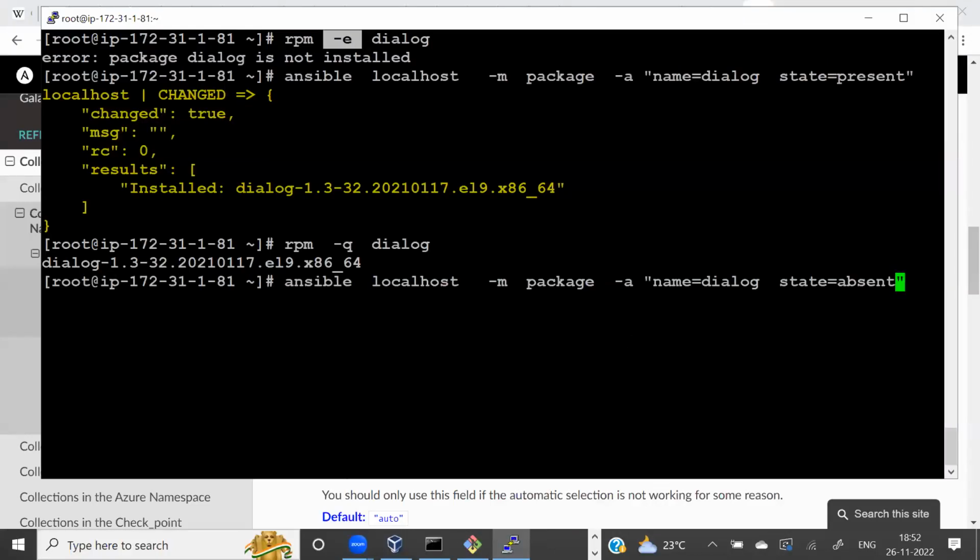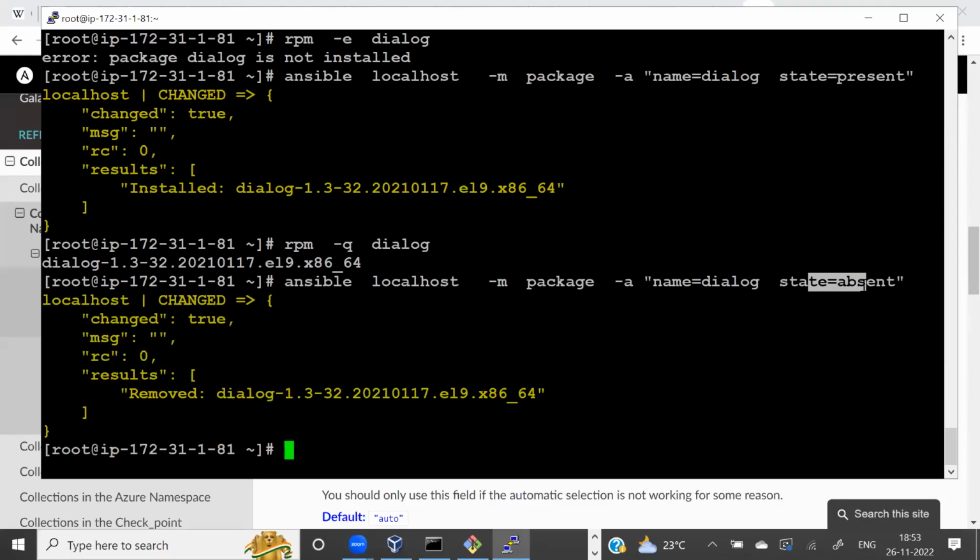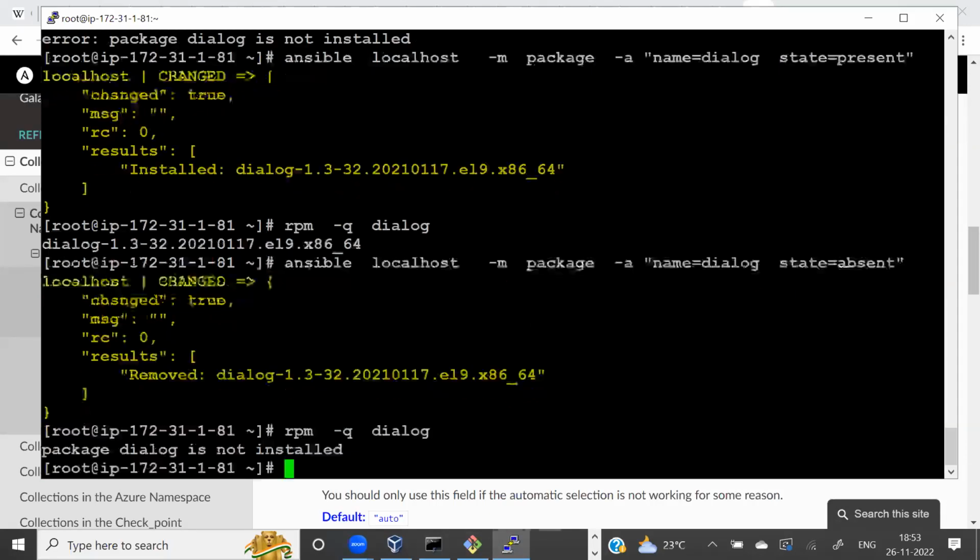So what we are doing is more like a declaration. We are the admin or the manager, and we are asking our team, Ansible, in the current local system, to do something on the package. The name is dialog, not database, not web server. And what I want to change is the state: just go and find if the software is installed, and I want you to uninstall it, make it absent. So whatever you declare, see here, they give the result: I removed the software because you asked me to remove. Now you don't have to know this command or the yum remove command. Just one single Ansible command, and you can verify it: now it's gone.